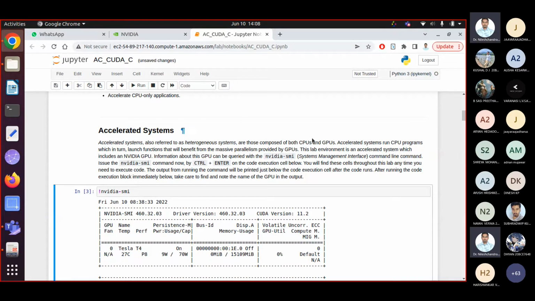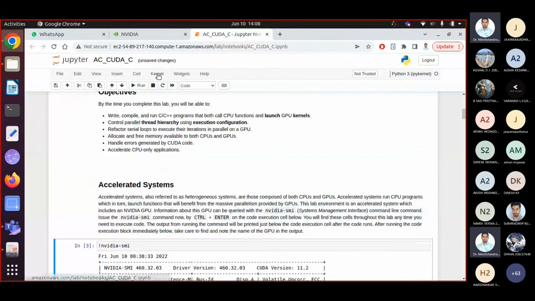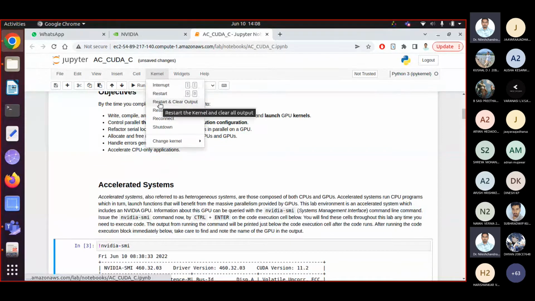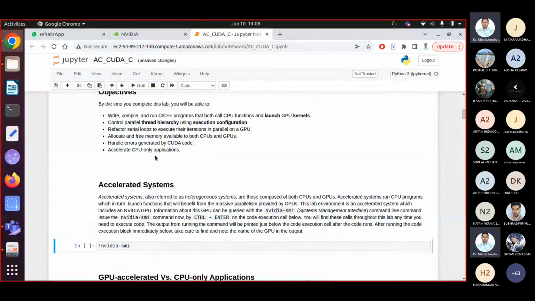Next thing is, let's say you start working on it, and you want to refresh everything, then you can go to this kernel and choose restart and clear output. That means all the output from all these cells will be removed, cleared from the main memory, and a completely fresh notebook will be provided, right?